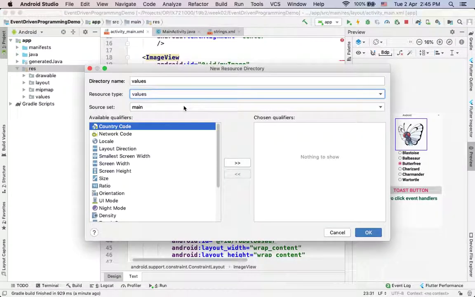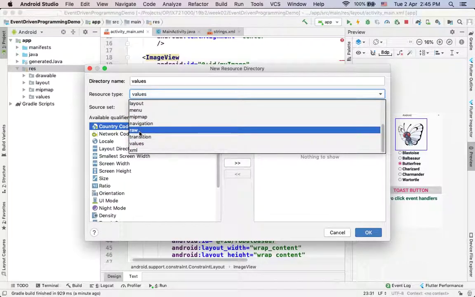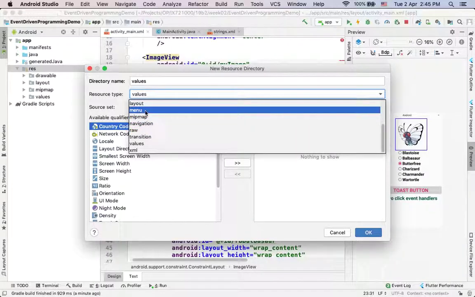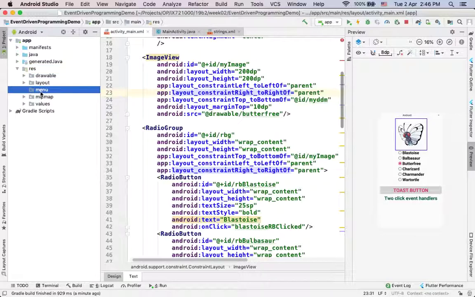When you click on that, you look at what you want to add, the resource type. It's a value, it's a raw, but we are looking at the layout, sorry, menu. So we select the menu, and automatically it changed that particular directory name. Now you can change that directory. It is not necessarily menu, but it's better that we stick to the default values. And when we click OK, it has created that Android resource directory named menu inside my